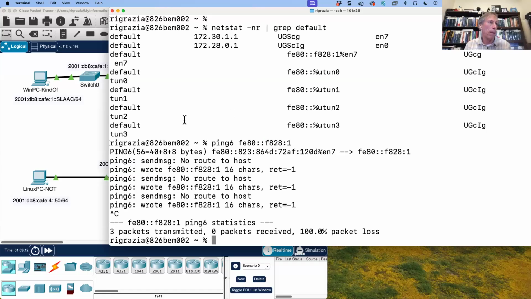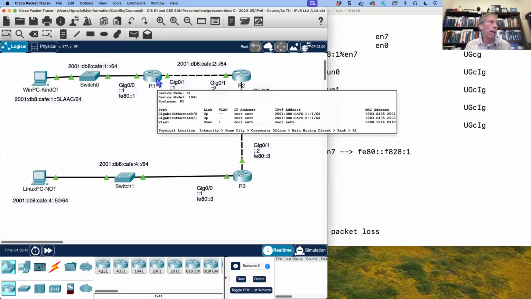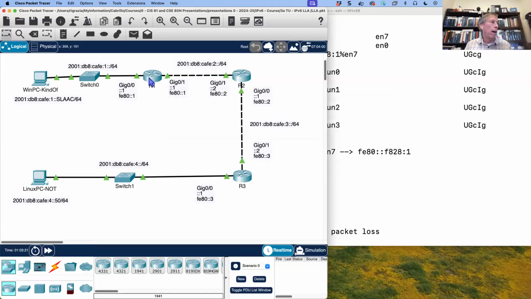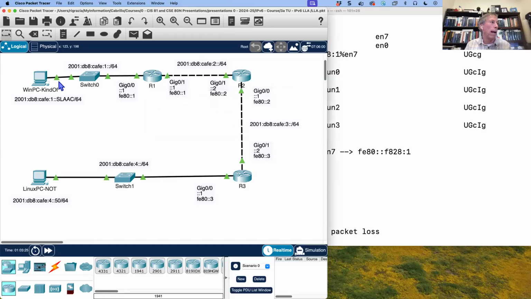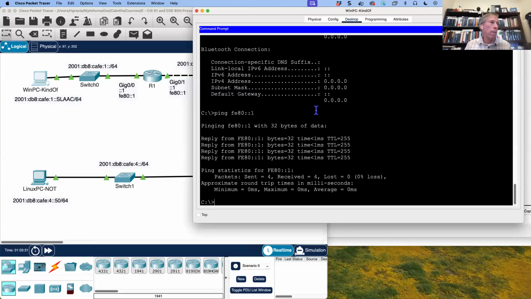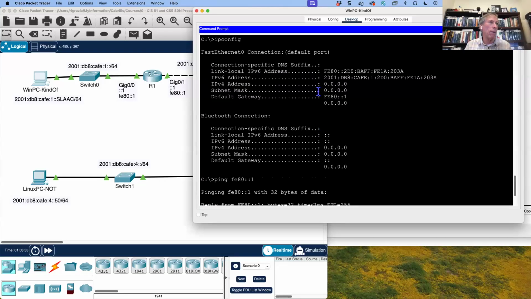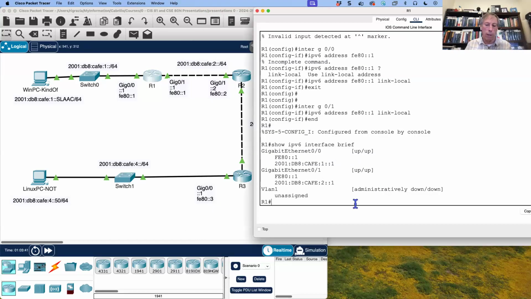Here's the problem with link local addresses. Let's look at it from the perspective of the router. If the router wanted to ping a link local address, let's go back to this router real quick. Remember, here's the link local address of our device. Let me go ahead and copy this. If our router wanted to ping that link local address,